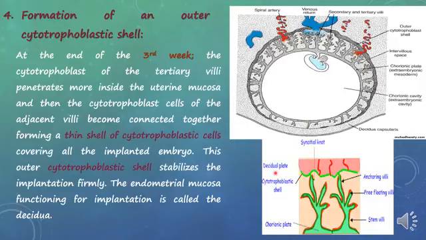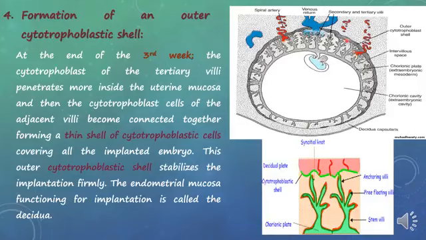Now, the formation of the outer cytotrophoblastic shell. At the end of the 3rd week, the cytotrophoblast of the tertiary villi penetrates more inside the uterine mucosa, and then the cytotrophoblast cells of the adjacent villi connect together, forming a thin shell of